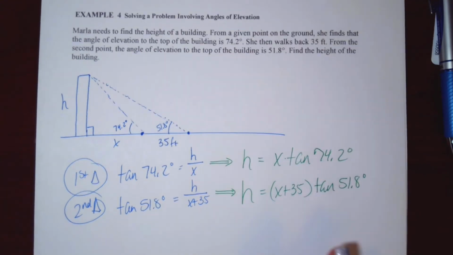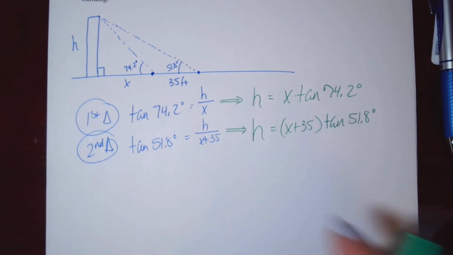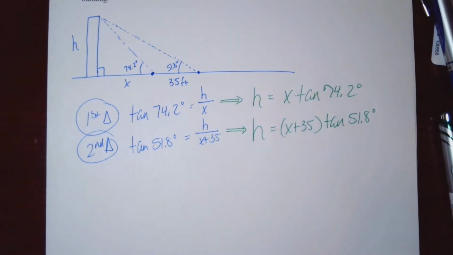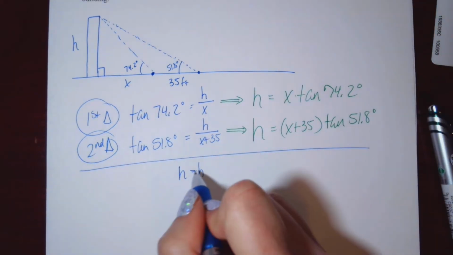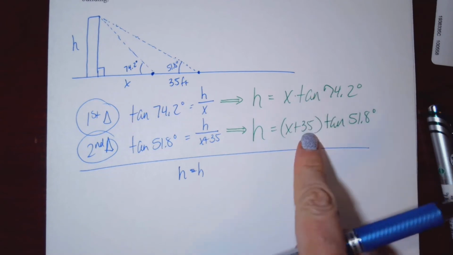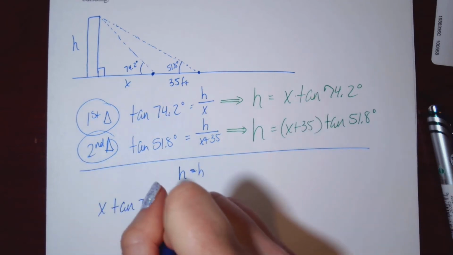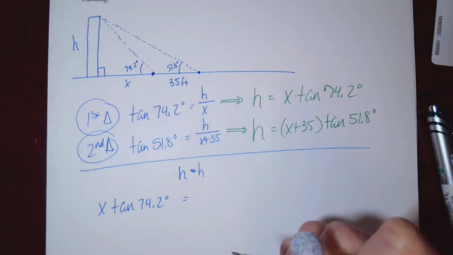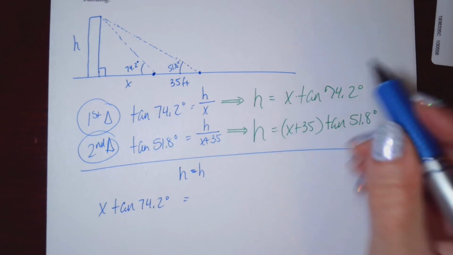All right. Now, because I know that the height of the building is consistent, it has not changed, I can say that h is equal to itself, right? So since we know that the height is unchanging, that means these two equations have to be equal to each other. So x times tangent of 74.2 degrees is equal to, now this is in parentheses, we're going to go